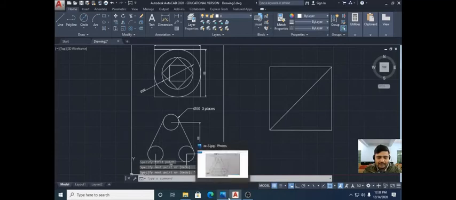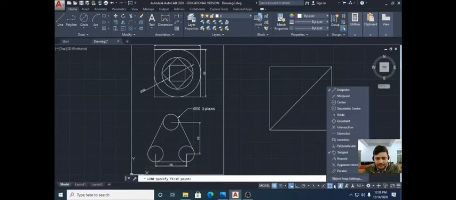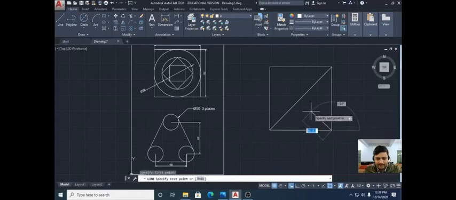Now if somebody asks you to make a perpendicular line from any edge, just mark a line. If I try to make it, nowhere is perpendicular showing, because in the object snap tool perpendicular is not on. If you click anywhere, it will mark the endpoint because endpoint was blinking.